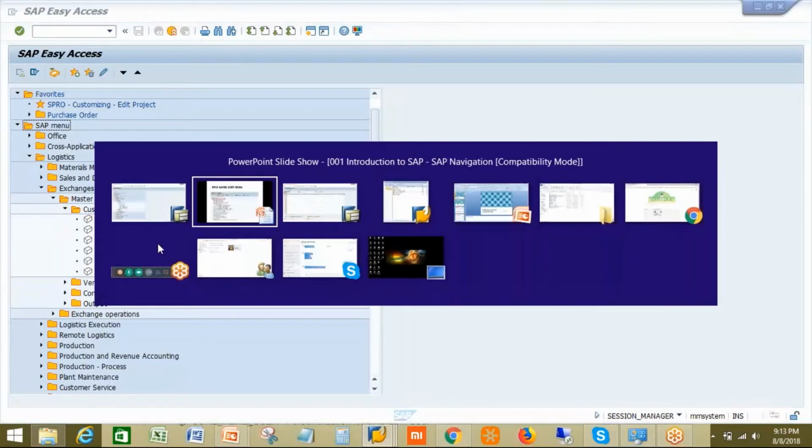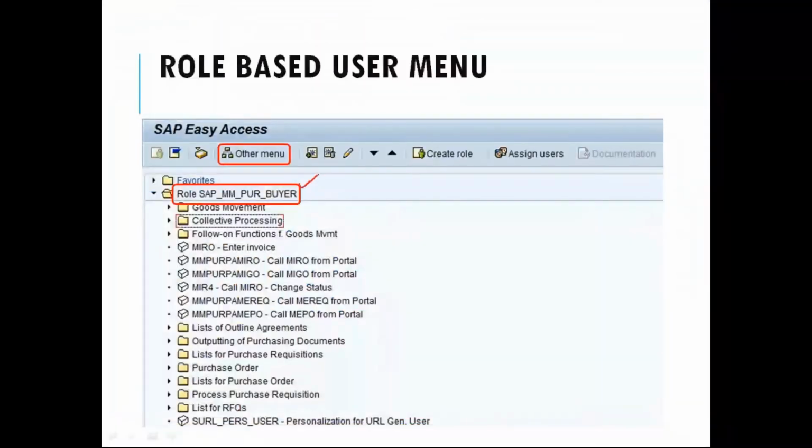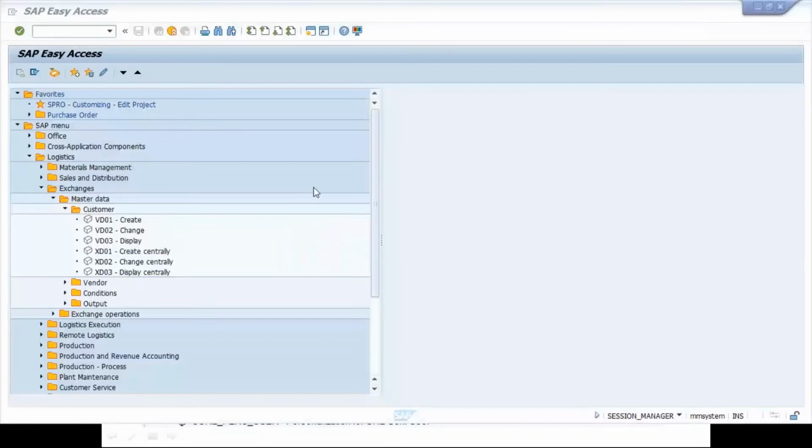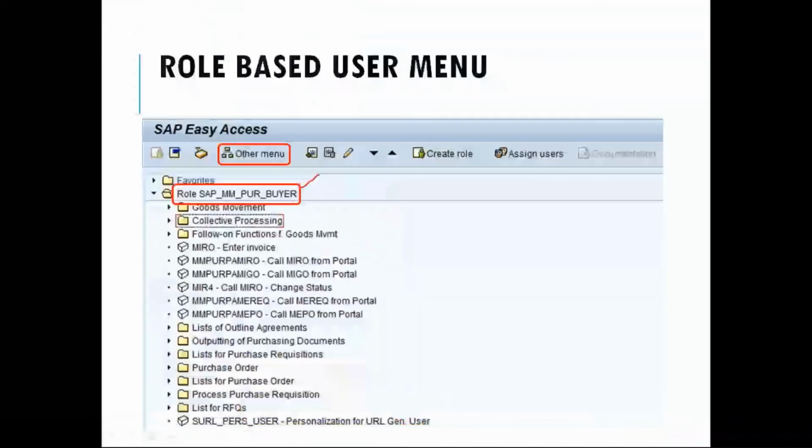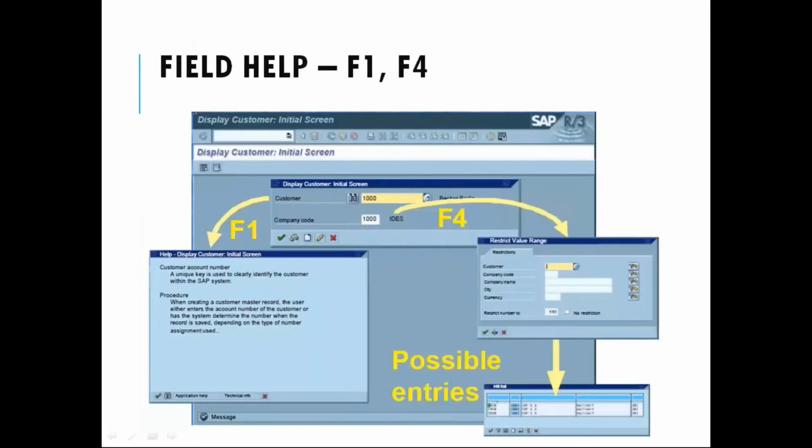So that is the reason why this role-based menu is very much important. And now in SAP S4HANA also, whatever Fiori apps are being built, all these apps are built upon the roles only. So you will always assign some roles to your SAP S4HANA user ID, and depending upon the roles you are assigned, only those applications and transactions are shown in your Fiori application. Other than that, you will not be able to see any other roles.